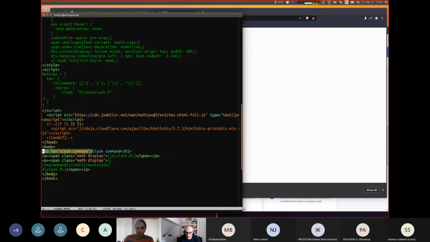So this is the one with the x\x. After that, MathJax processes the next math element, which first has the new command. So now it overrides the slash macro with a new version, which is just the pure backslash. And then it